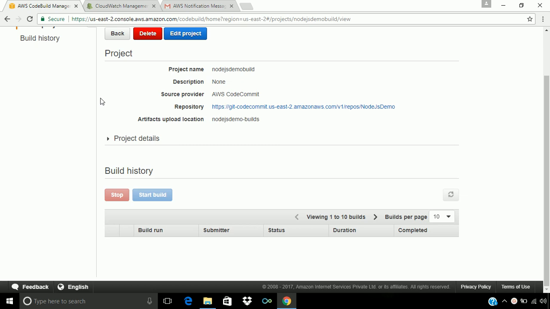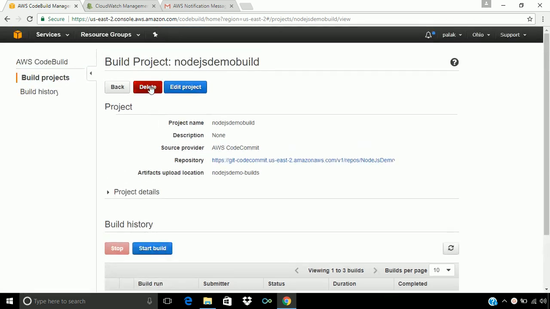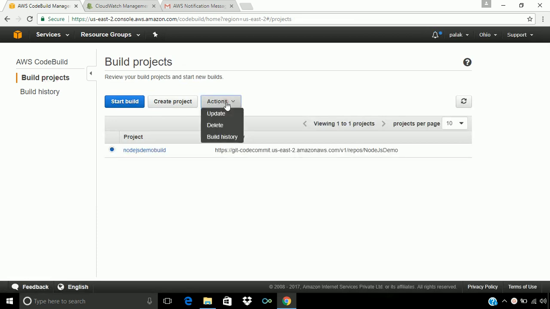If we want to delete this project, then we can also delete it from here. Otherwise we can select it and then in action we can delete it. And we can also see the build history for this particular build project.